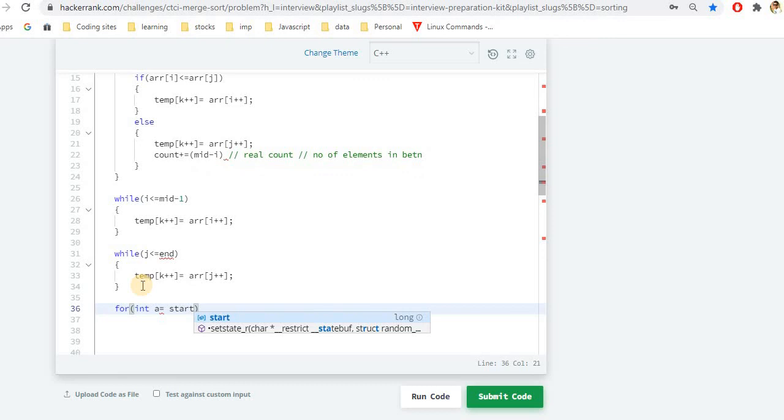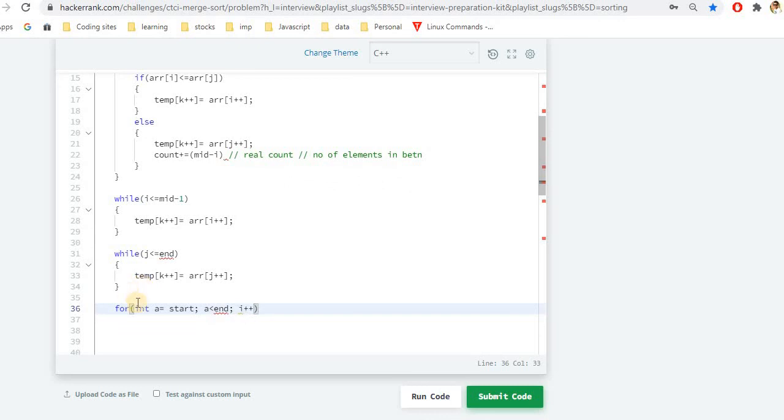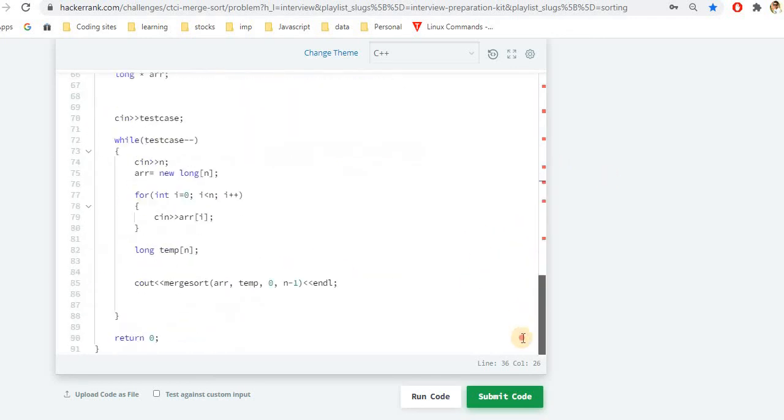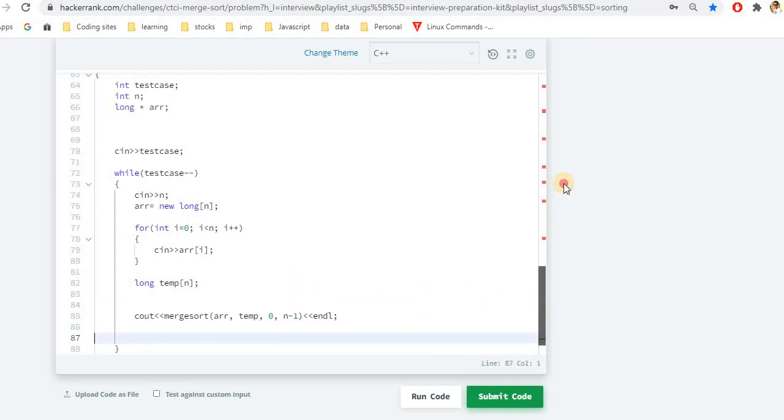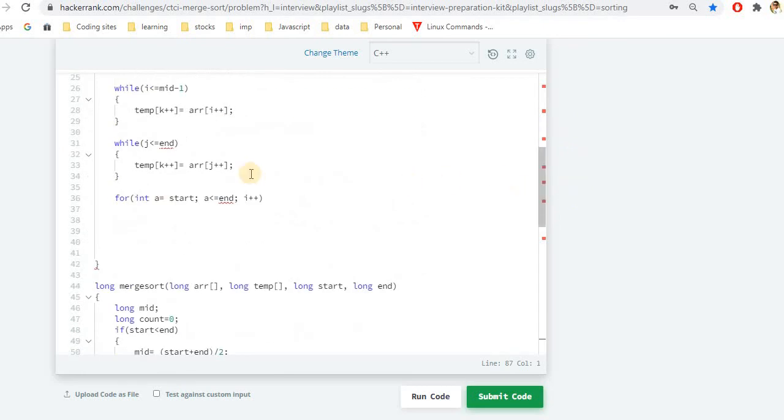So this is like, let's say, with start, and a is less than end, and a plus plus. So this will be a is equal to start here, because in the beginning, if you see, I have passed n minus 1 here. So this will be a is equal to start there. So where was I? Okay, this. So not i plus plus, a plus plus.